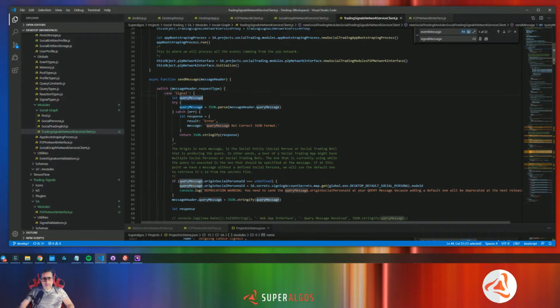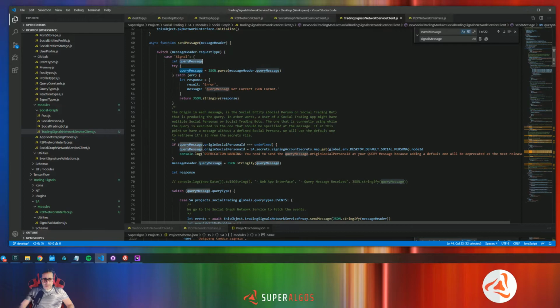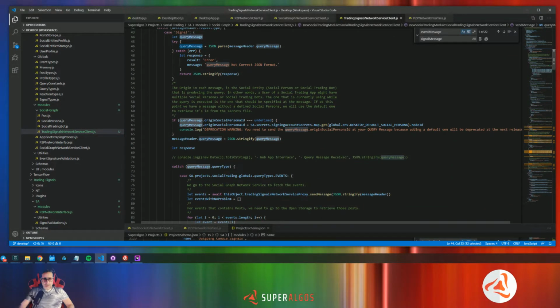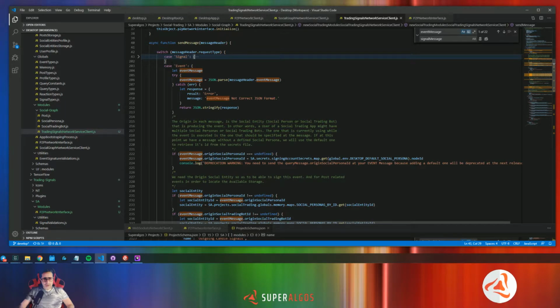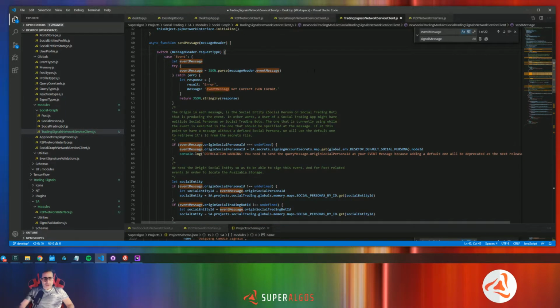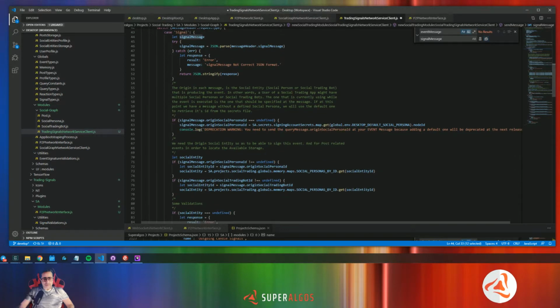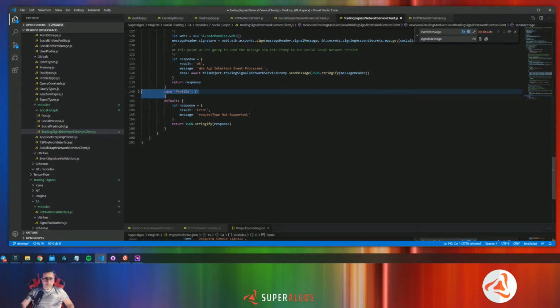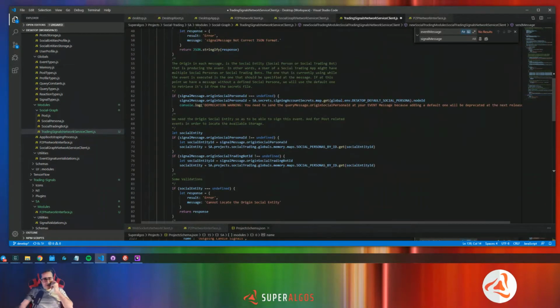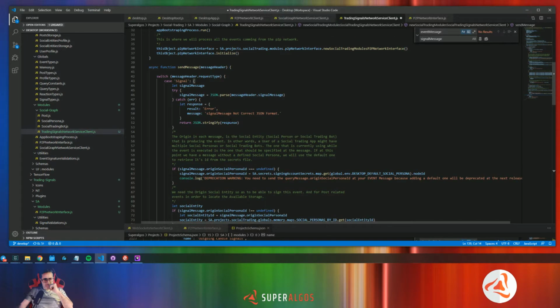And what I have here as a query message, or probably I will use the event message as a signal. Event message is going to be signal message. And then we will not have this profile. Okay. So from everything that this guy does here, the only thing that we need to do